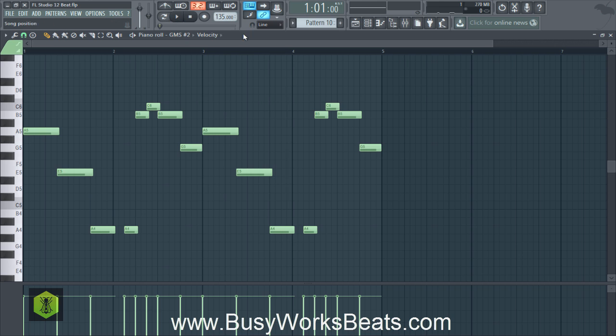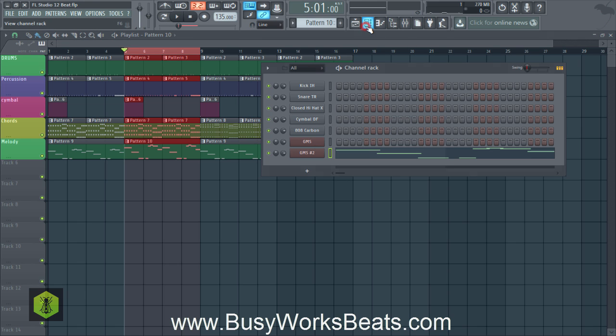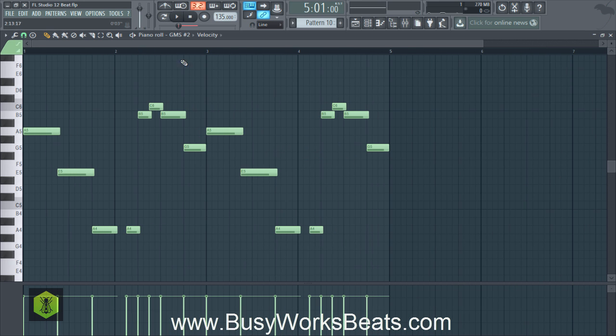So my ear wants to, again, you want to hear this stuff in context. So it's in song mode. That means it's going to play the whole song, not just this pattern. So let me go back to the playlist and I'm going to highlight by hitting Control, left clicking and drag the next 4 bars. And now I'm going to go back to the channel rack view, hit the MIDI screen, and now it's going to pull up the MIDI.